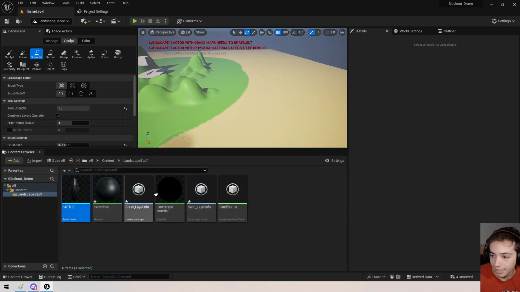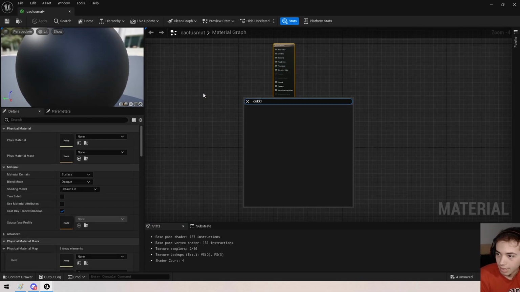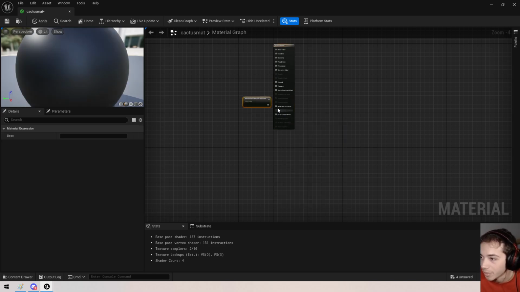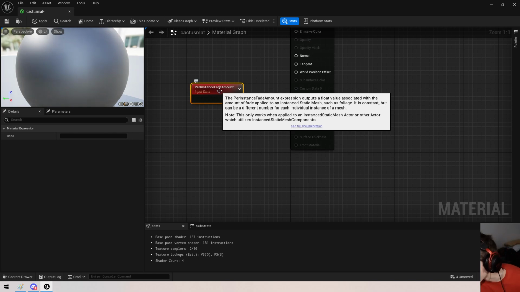We go back to the cactus material. We can look at grass. I think it's per instance fade amount. I think this is saying it outputs a float value associated with the amount of fade applied to an instance